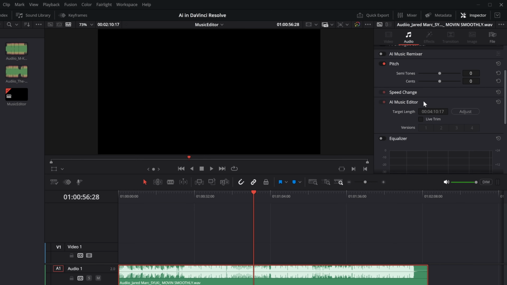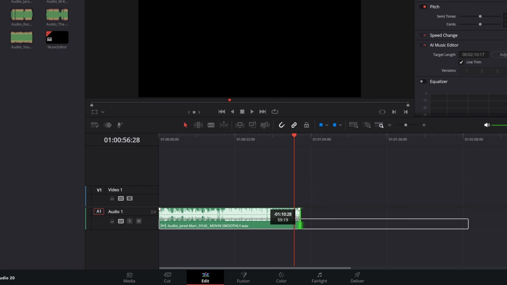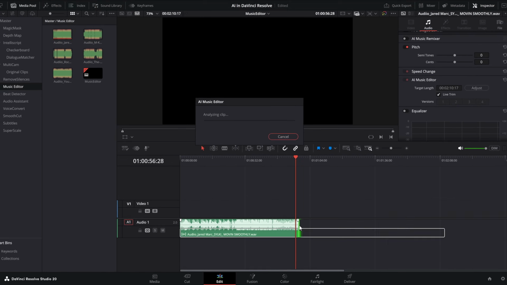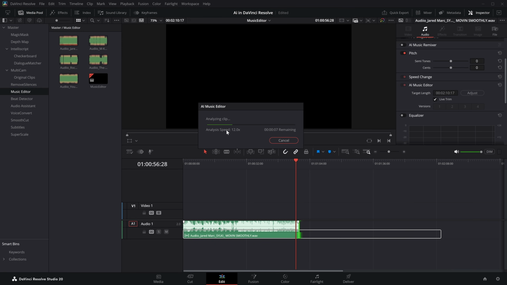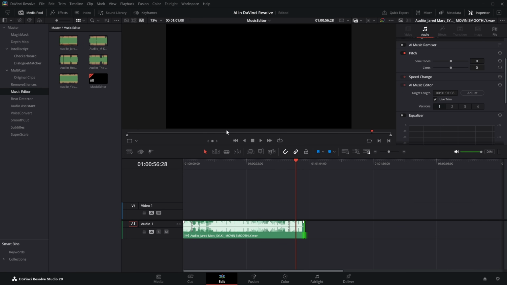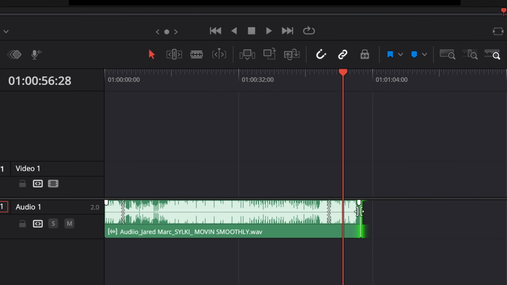But the way I prefer to do it is simply tick this live trim. Then you can simply grab your music, make it shorter or longer on your timeline. It will then analyze the clip, figuring out where it needs to make the cuts to make this work, and then it will do the rest for you. So you can see these little zigzaggy lines on our music. That's where it's made our cuts. And if we play this back,